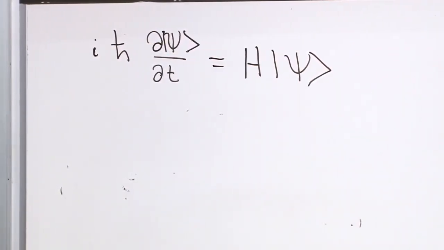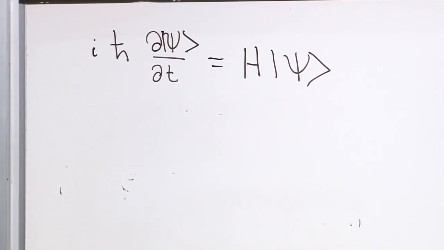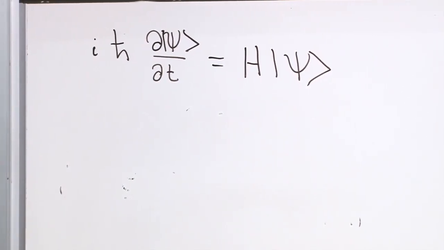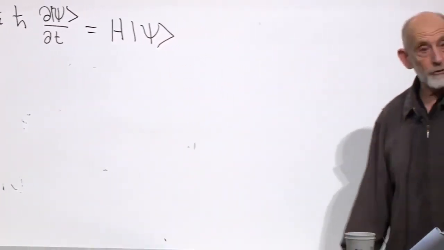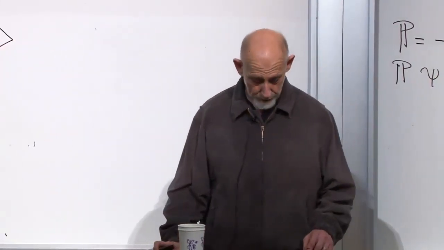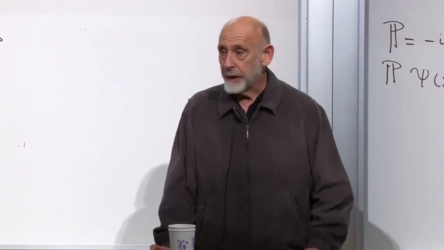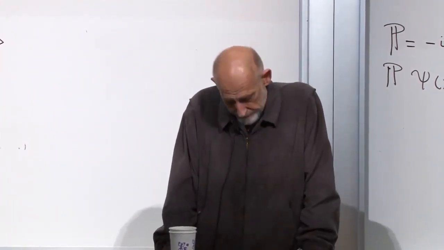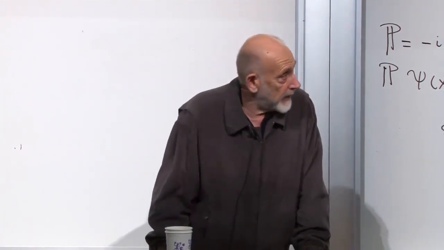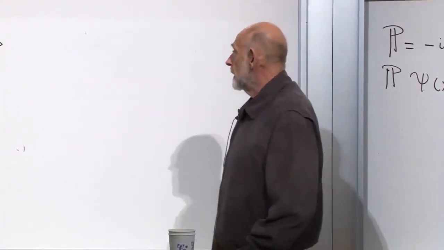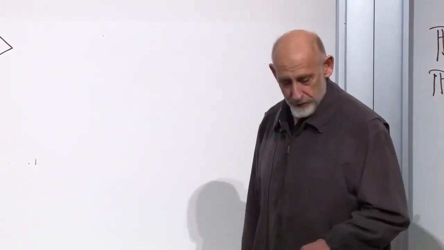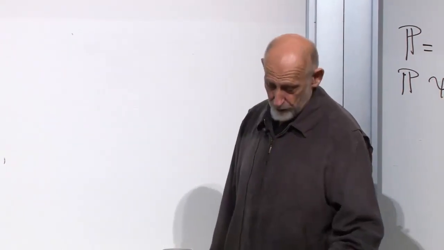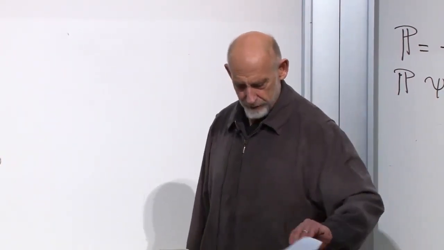I think we worked out an example for a spin precessing in a magnetic field, where we just used for the Hamiltonian one of the components of the spin. Here is the general form of the Schrodinger equation, the time-dependent Schrodinger equation. And let's try out some simple Hamiltonians, see what kind of things we learn from them. Tonight I think we'll just study one or two, and then we'll go on afterwards. The very simplest Hamiltonian that I can write down, which is quite illustrative, and nobody ever writes it down, but I'm going to write it down anyway.